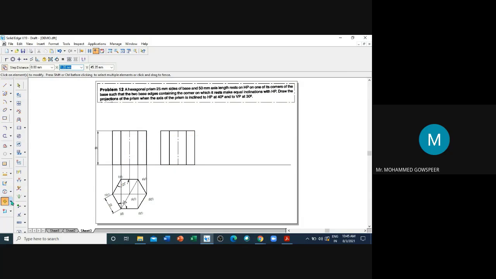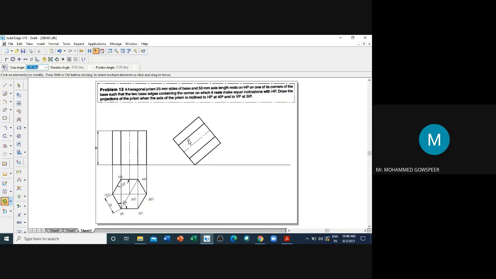Then rotate, select this. Now this is the rotation angle, and the position angle also you give 40 degree.